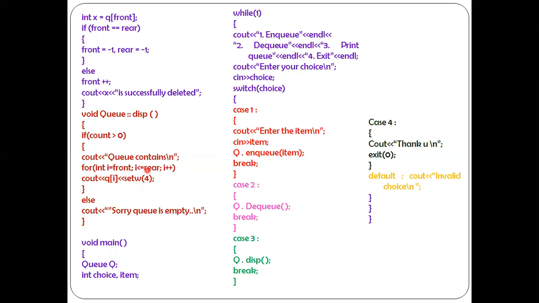Again, it goes to the for loop and i gets increased by 1. i becomes 1 this time; last time it was 0. 1 is less than or equal to 1. Yes, it is true, because of the equal to sign the condition is true. True means cout stream insertion Q of i, which means Q of 1. What value is stored in Q of 1? 20. So first "Q contains", in the next line 10, then 4 blank spaces, then the value of Q of 1, which is 20, again with 4 blank spaces.